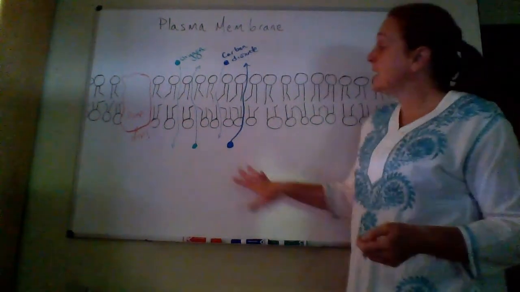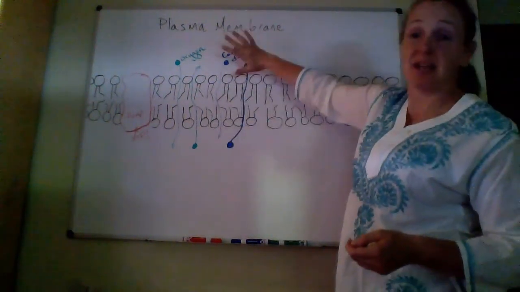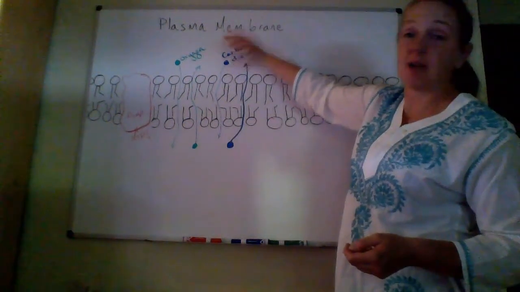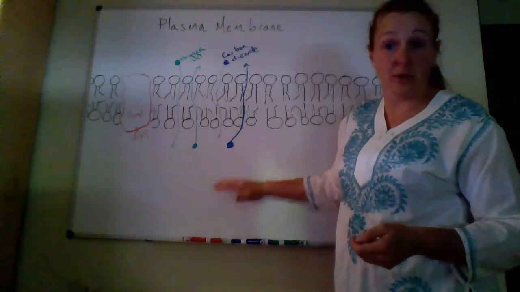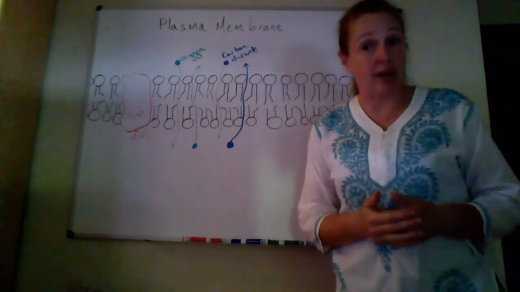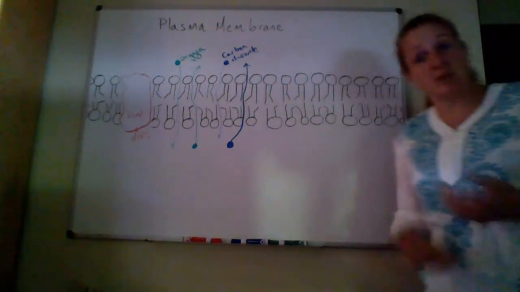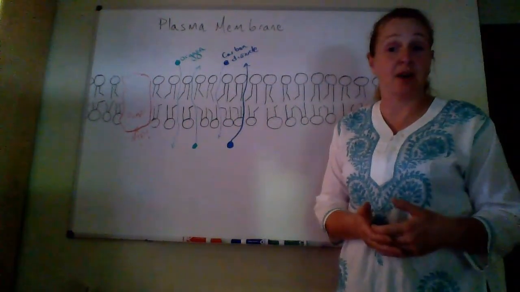Our cell doesn't want to control these. It needs carbon dioxide to get out if we're talking about animal cells. It needs oxygen to get in. We don't want to interfere with this. We don't want to slow it down. We want this to happen as quickly as possible. And so this is one of the reasons why cells will allow carbon dioxide and oxygen to come and go